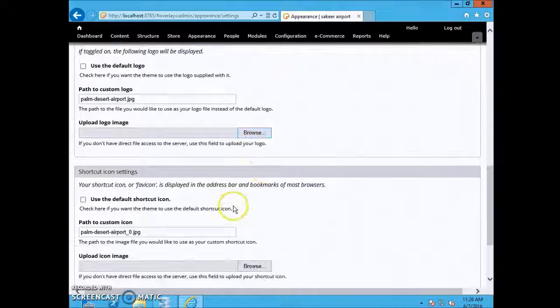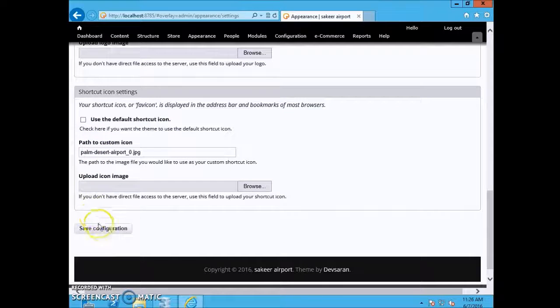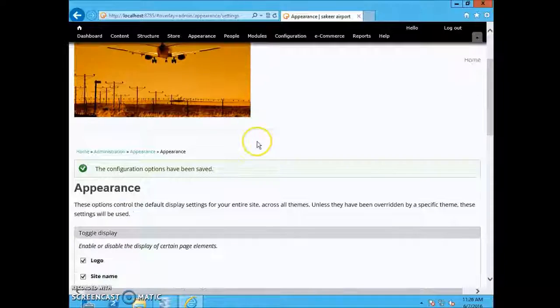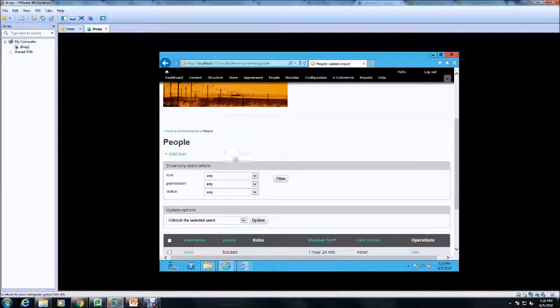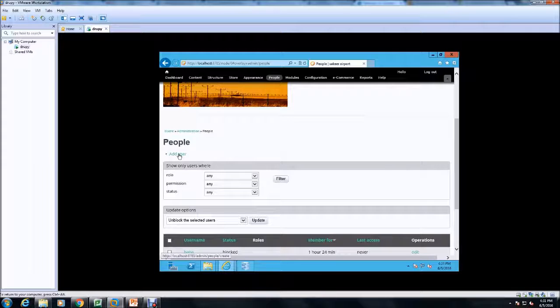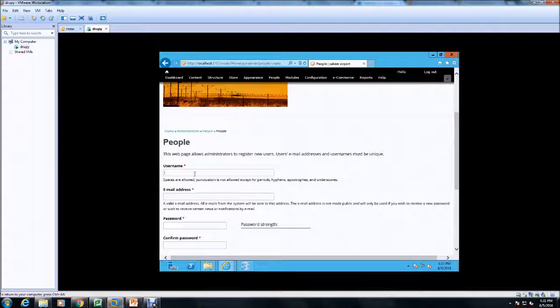Now, an e-commerce website is meant to be used by people which require accounts. So let's see how we can create accounts. To create an account, we just select the People tab, and you can add a user. And from here you can choose a name for the user to be added. For example, I choose the name Ali, and enter any email address. For instance, let's just add lazyangle@gmail.com,